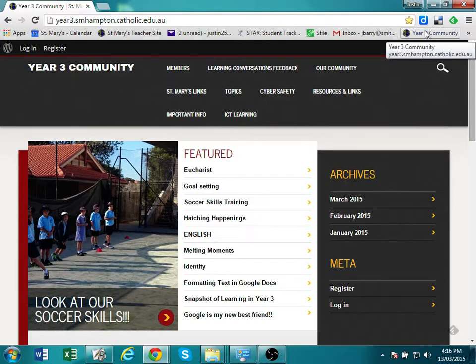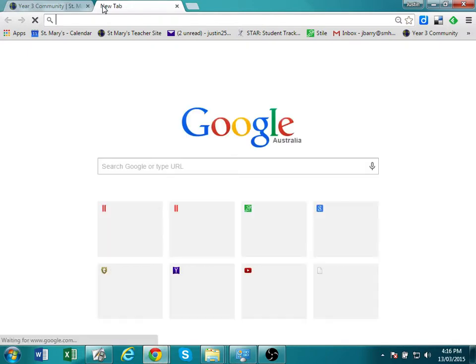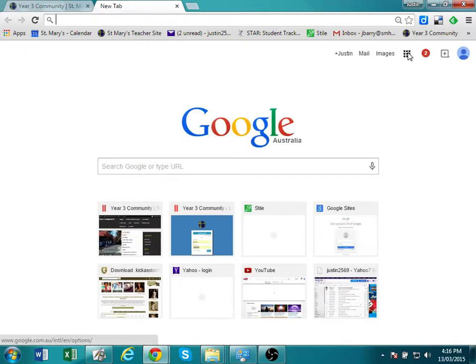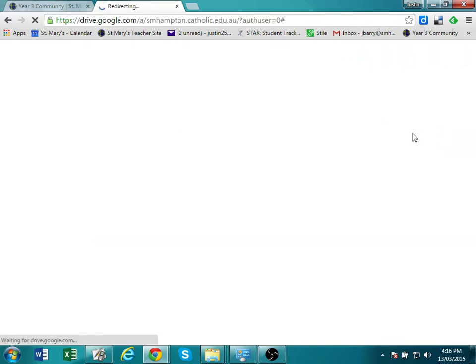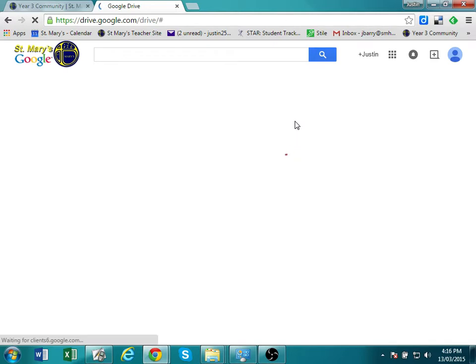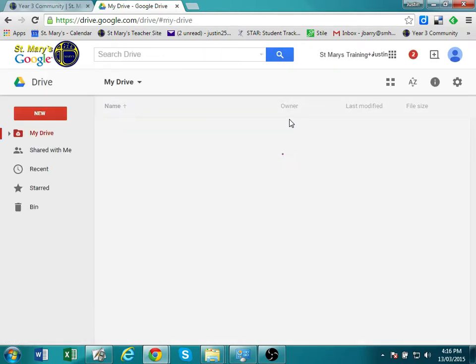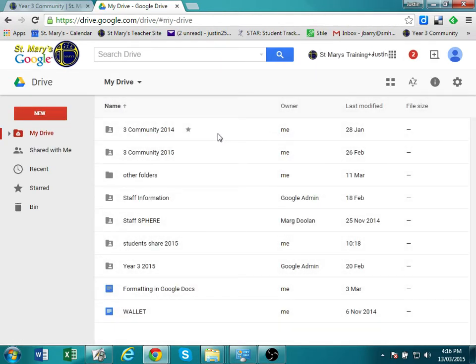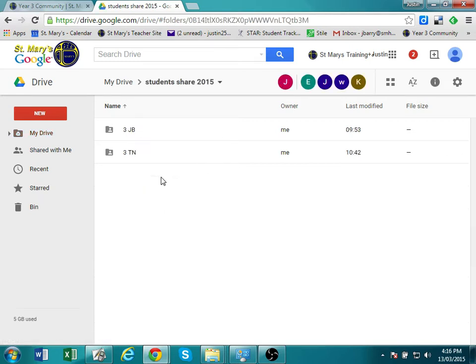I would like you to open up your Google Docs. Yeah, so if you click a new tab there, and then go to the 9 little grey squares, go to Drive. I've created in JB and in TN a file called Bookmarks. So if you go down to Student Shared, open it up, click